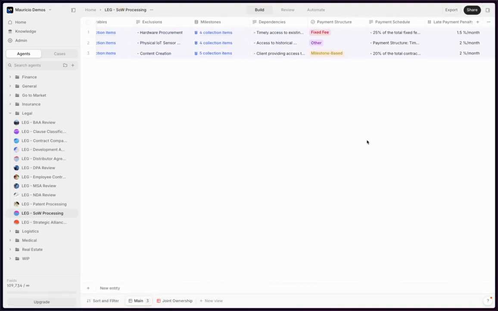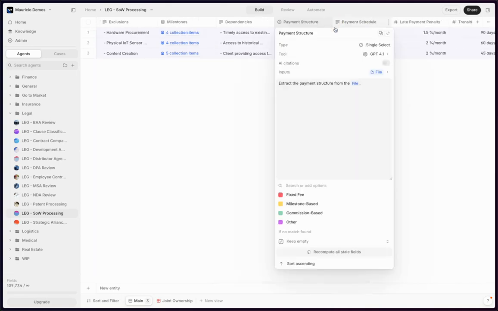The next piece that we want to review is that very often what will happen is that we'll use catch-all others or a needs review tag in here to get anything that does not fit within the predefined discrete value structure that we set up in the single select or multi-select properties. So in this one, for payment structure, we're identifying whether it's fixed fee, milestone-based, or commission-based. But in the instances where the payment structure doesn't meet one of these options, we want to flag that for human review